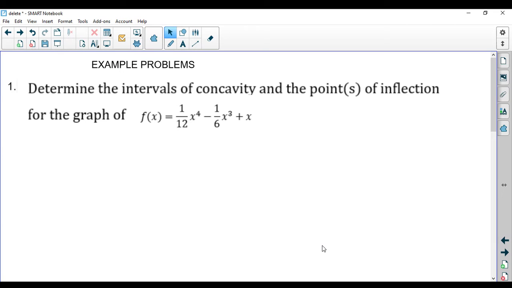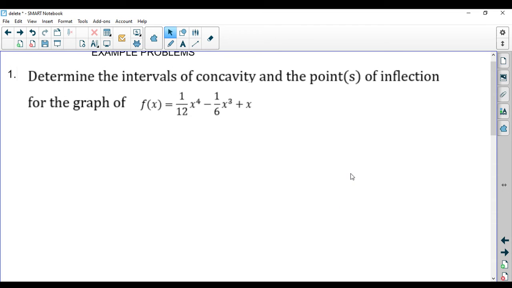Okay, here's day 2 of finding points of inflection. Take this slowly. This is another pretty simple example. So to find the possible points of inflection, we have to find the second derivative. So here goes. The first derivative